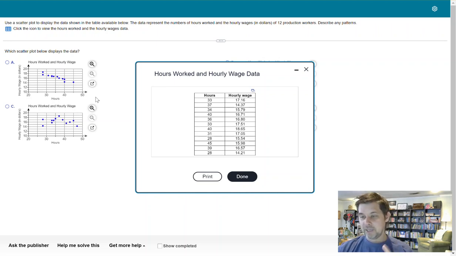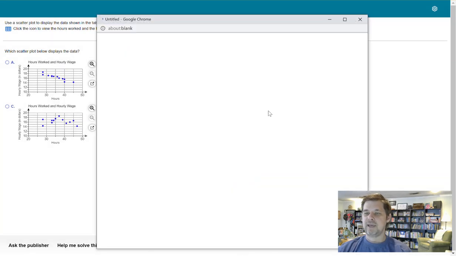Now, you can get a piece of paper out, draw a line vertically, draw a line horizontally, and plot these points one at a time. You could do that. It would be a lot of work, but you could do it. But like I said, I wanted to show you how to make a scatter plot with either StatCrunch or Excel. So with StatCrunch, what I can do is first I open the data, and then I do this, open in StatCrunch,